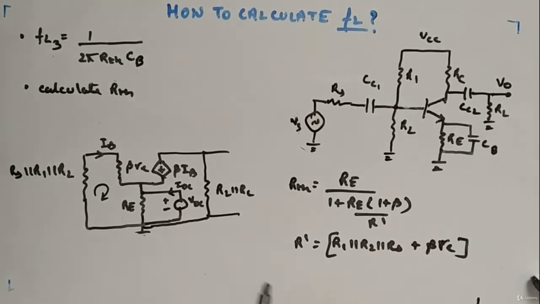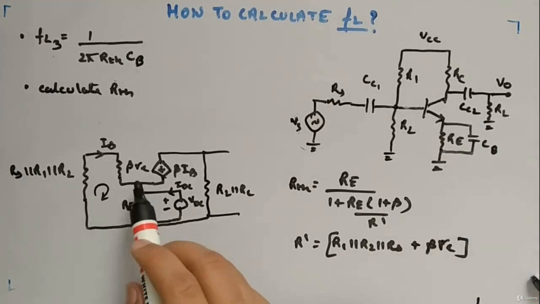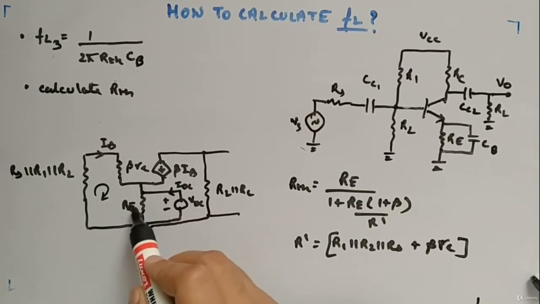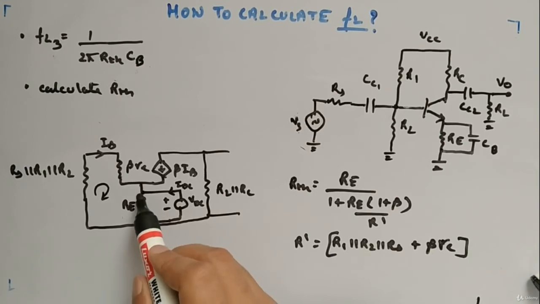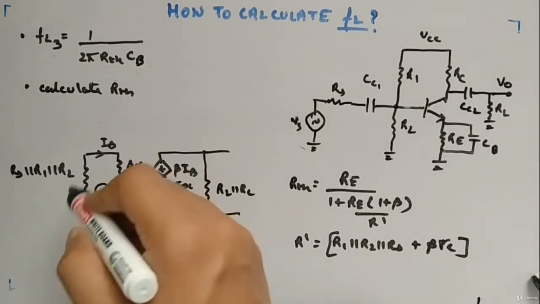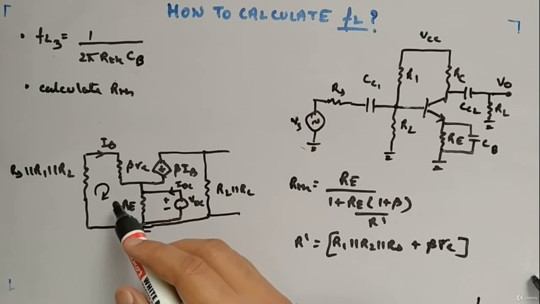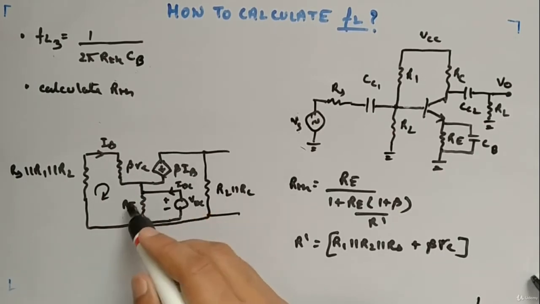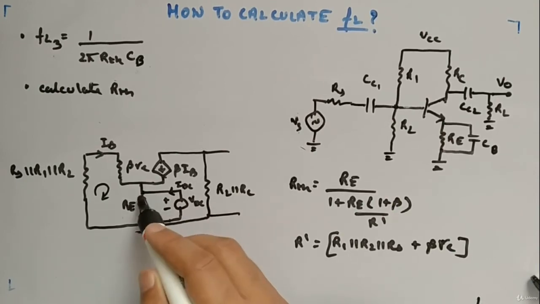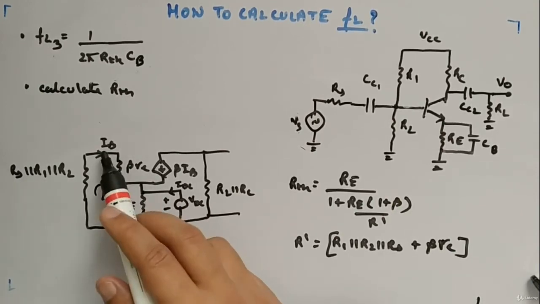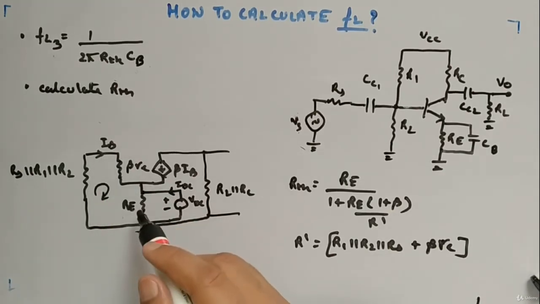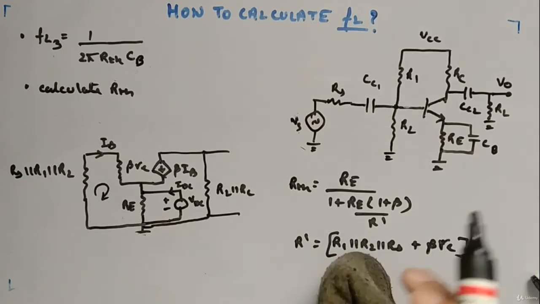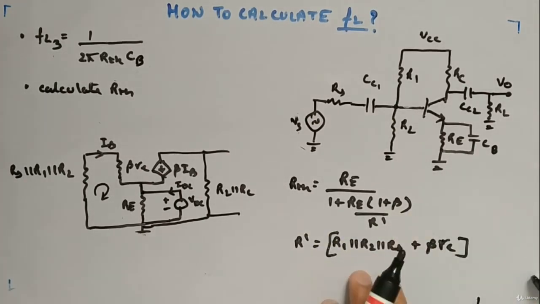So this is the total expression of RTH when you look from here. Okay, now why are we not able to apply VS equal to 0, so IB equal to 0 and beta IB equal to 0? Because you have a resistance here. Previously this resistance was not there, so directly by applying KVL you were able to get IB equal to 0, hence beta IB was equal to 0. But now you have a resistance, so there will be a current flowing through this, so you can't directly put IB equal to 0. That's the reason you have to do extra calculation. Okay, so the approach is most important, not the expression.